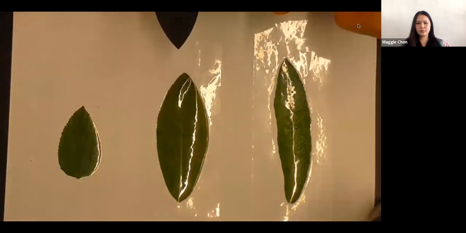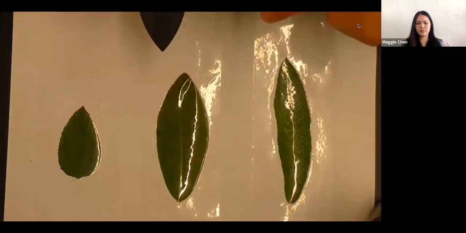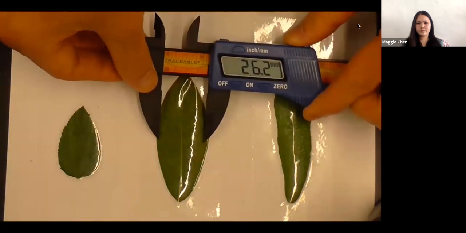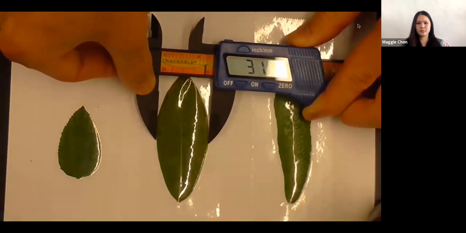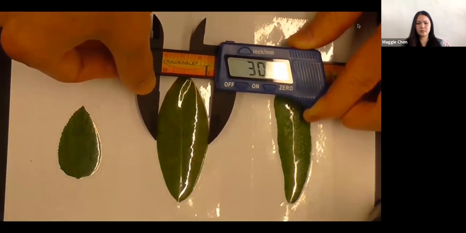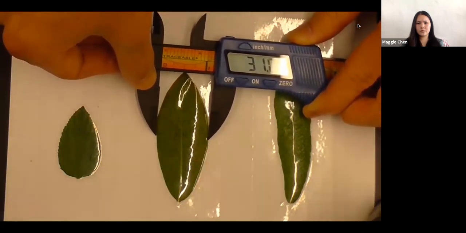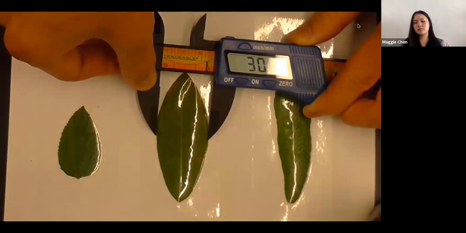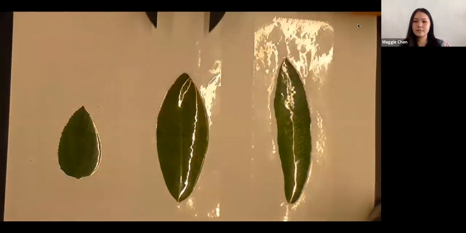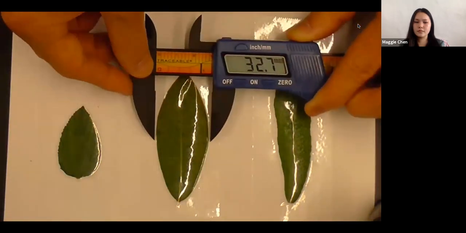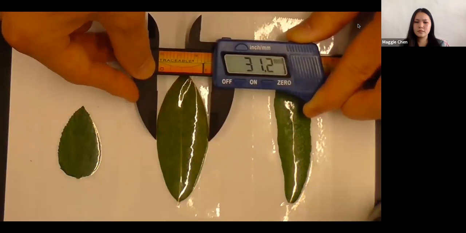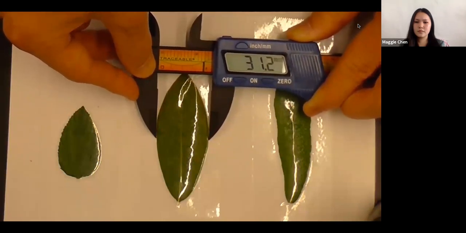Take the calipers away. I like to close them to make sure that I'm not cheating. I'm using the same measurement again. And reopen them. And let's try to find the widest point on the leaf. Okay, and here I'm measuring at 30.6 millimeters. Remove the calipers to maintain independent measurements. And final reading,